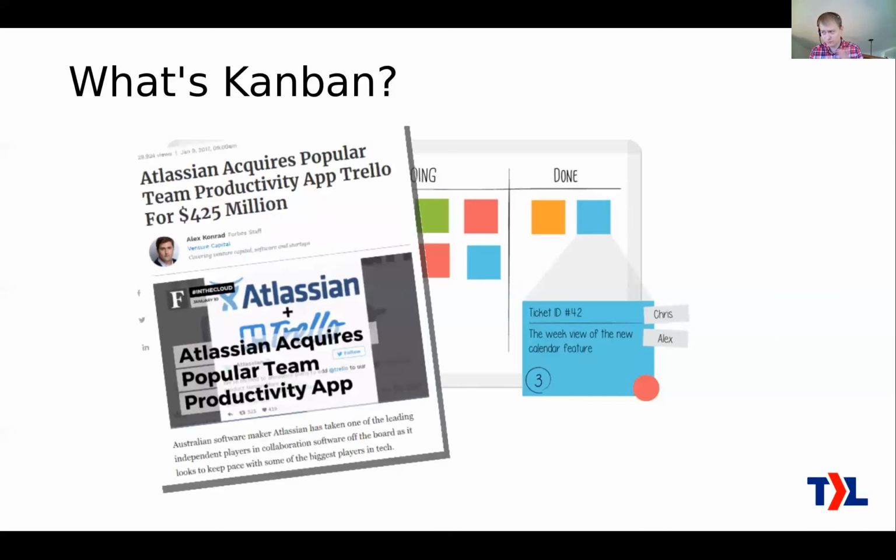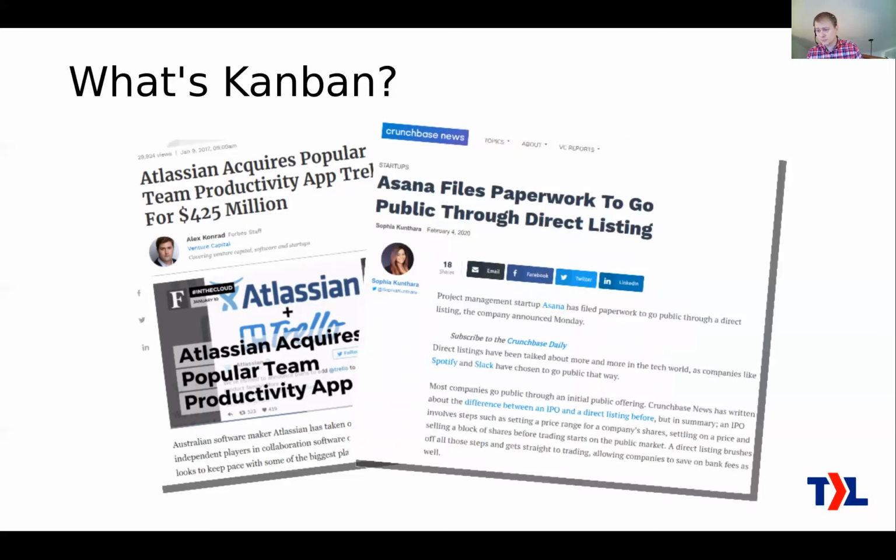It's becoming more well known. Like you may have heard of Trello. Atlassian bought them. Trello is a Kanban board software. That's basically all they do, or at least it used to be all that they do. They do more now. But Atlassian bought them for more than $400 million. Like, that's a big deal. Asana, another project management software, they have Kanban boards. They went public a bit more than a year ago. So it's not just from software, right? This is because a lot of people in a lot of industries are adopting this sort of stuff.